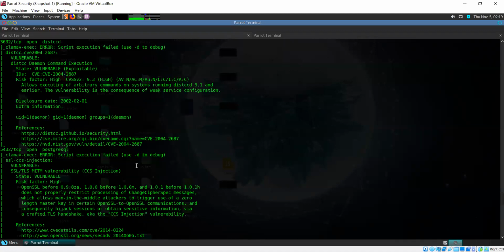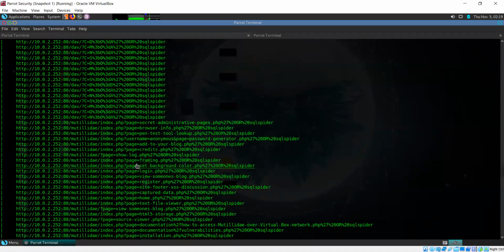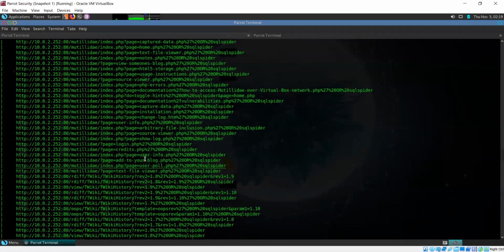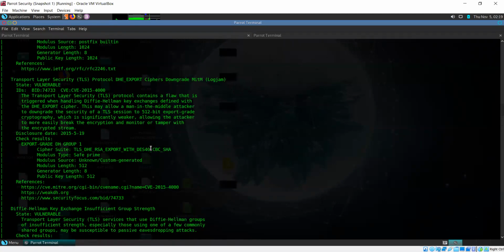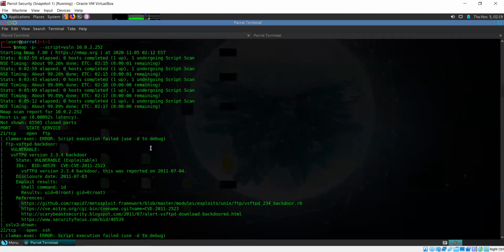Oh boy, that's a lot of vulnerabilities. Usually vulnerability scan results won't be so long, but this is a special case.